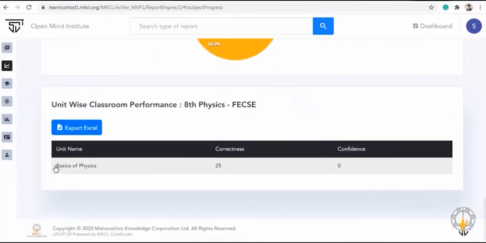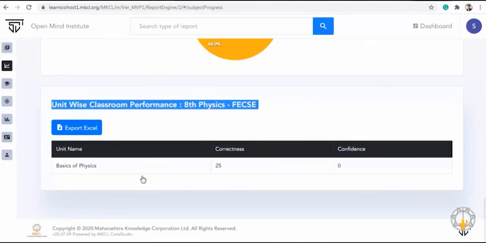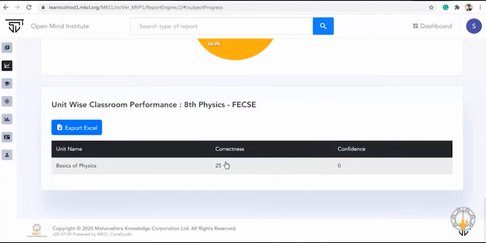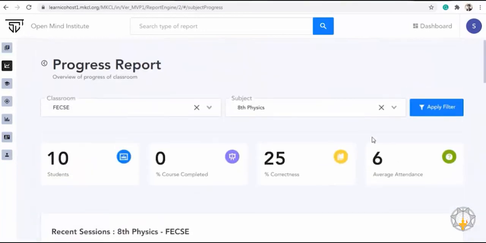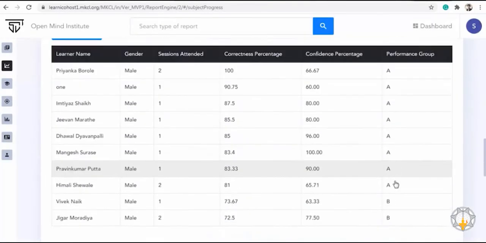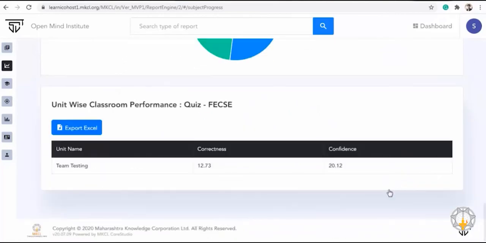This is unit-wise classroom performance data. You can change the filter options for another class and get the detailed report for it.